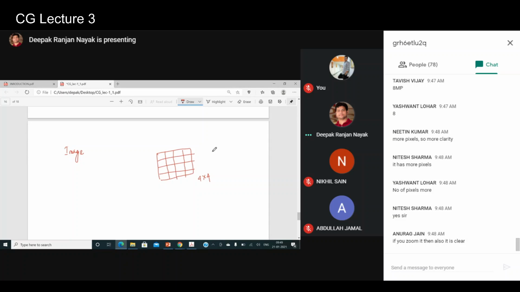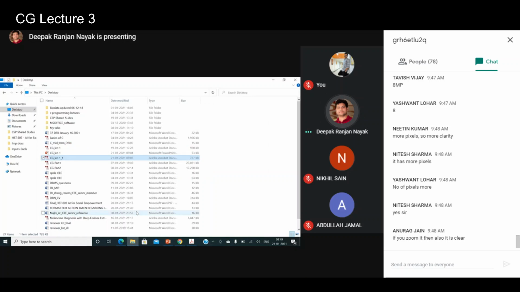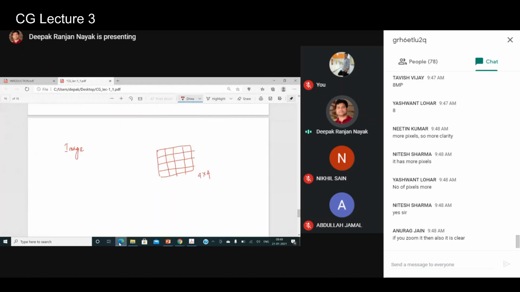Or in the form of MB. Whenever we open an image in Windows, you can go and check. Sometimes, not every time, it is written that this image has this size. It depends on how many bits are required to represent 1 pixel. If you know that, you can calculate the number of bits required to represent the whole image, and accordingly convert it into its corresponding byte and megabyte size.